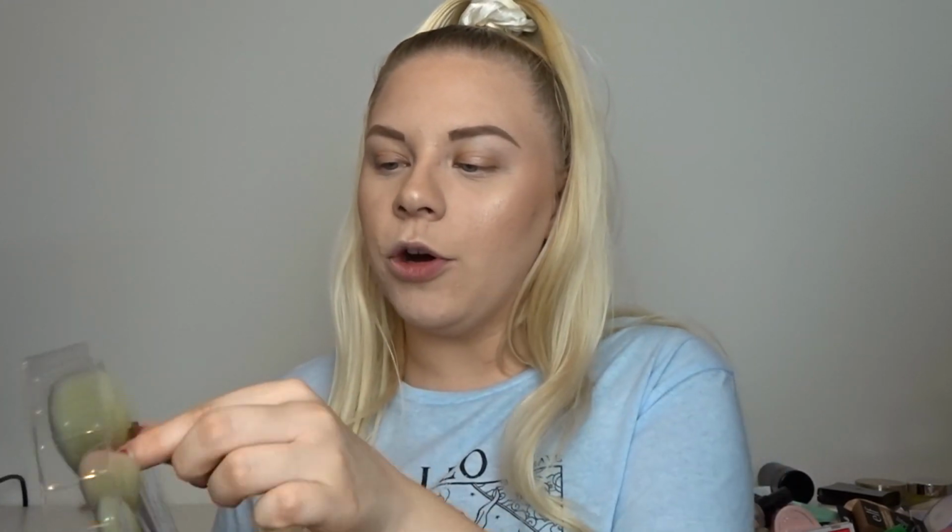I can't remember W7 doing brush sets before, or maybe I just can't remember. And this costs £14.95 for 6 different brushes. You've got 3 face brushes and you've got 3 eye brushes. I, stupidly, forgot about these brushes when I was using the powder and putting my makeup on, but